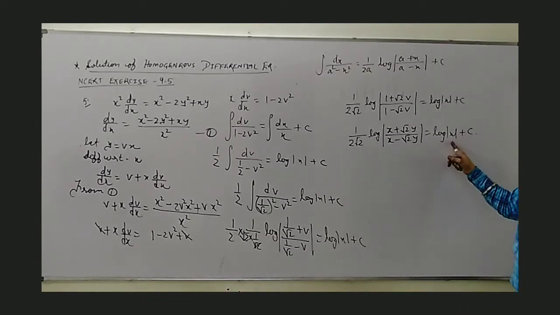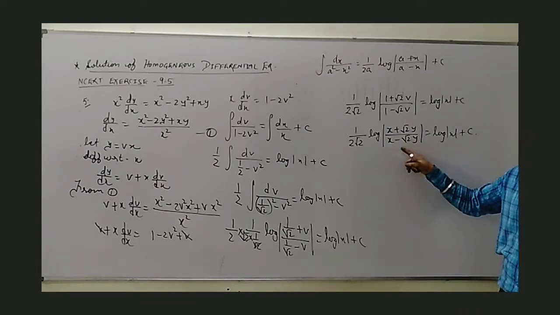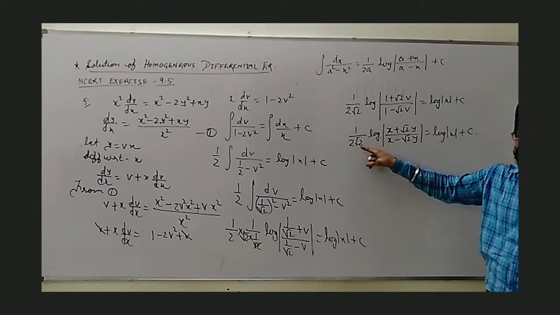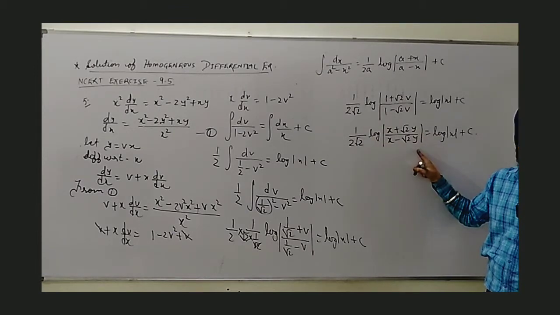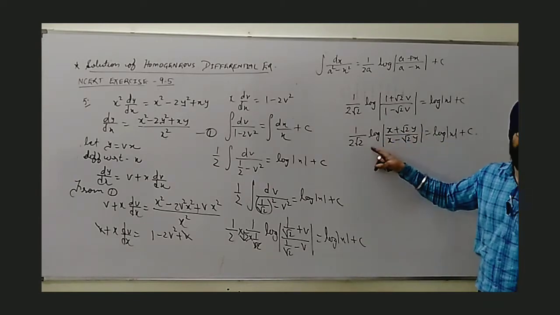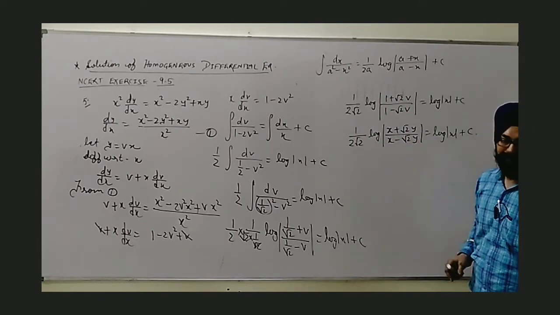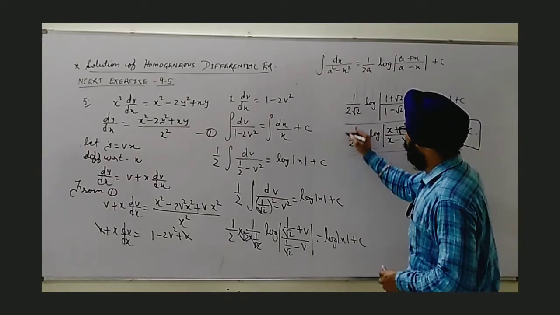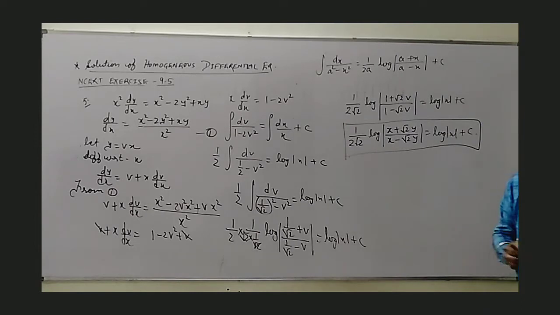Now you can check, this is a term of log, this also is a term of log, but because this actually is a complicated structure, it cannot be made as a power here. Okay, even if I multiply in each term, this will not be simplified because of root 2. So we will wind up the solution, and this is the final answer. We will see the next question now.